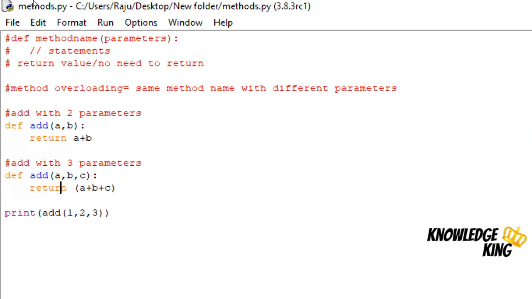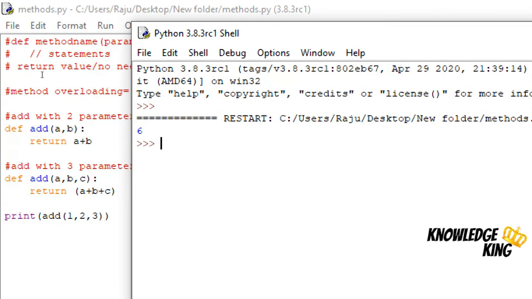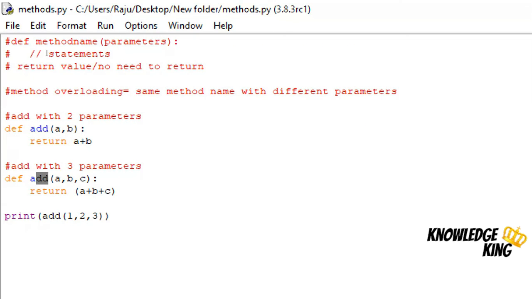Return. If I hit enter, you can see it entered into the second method. This is called method overloading, which is where we can use same method name with different parameters.